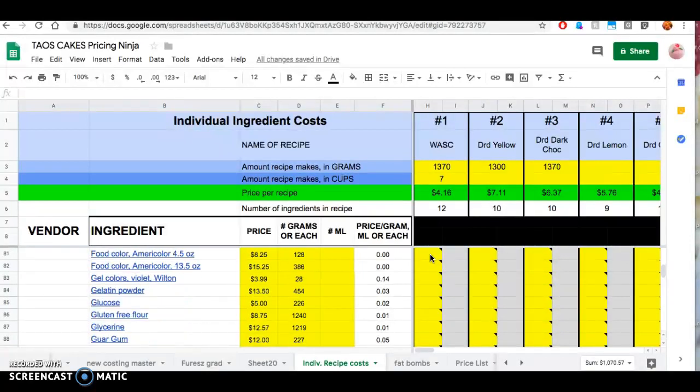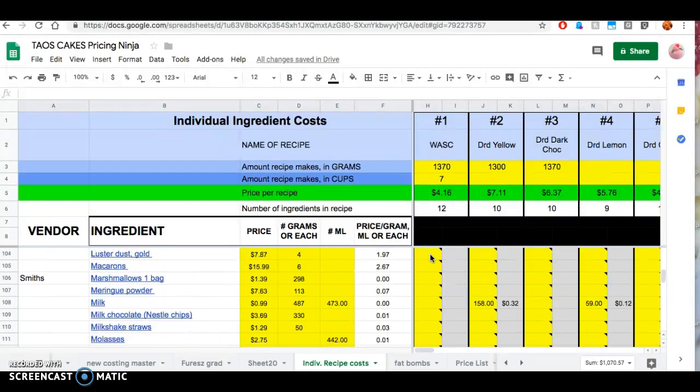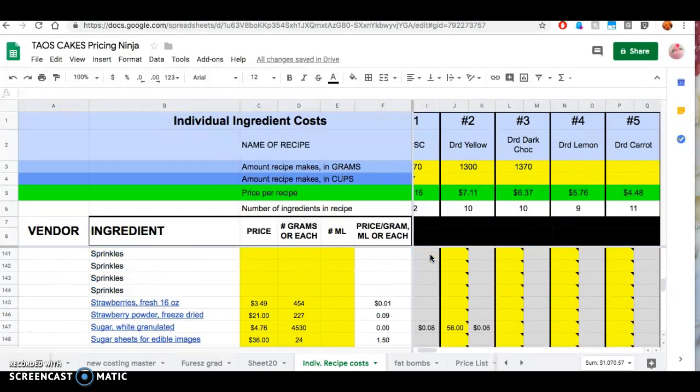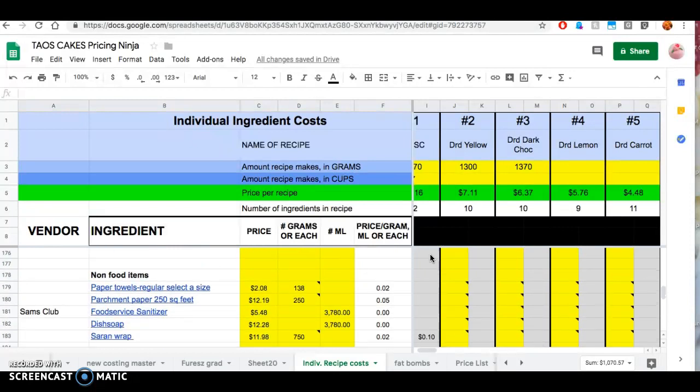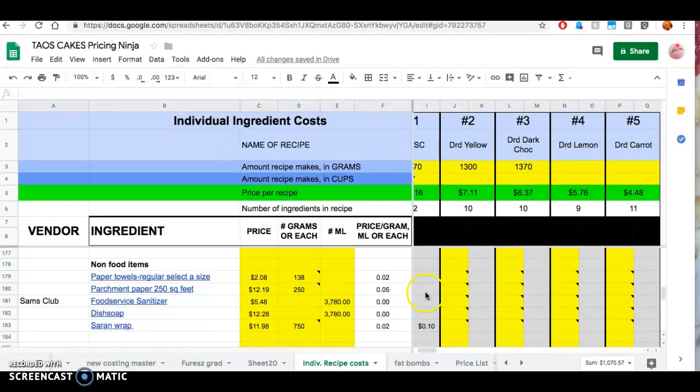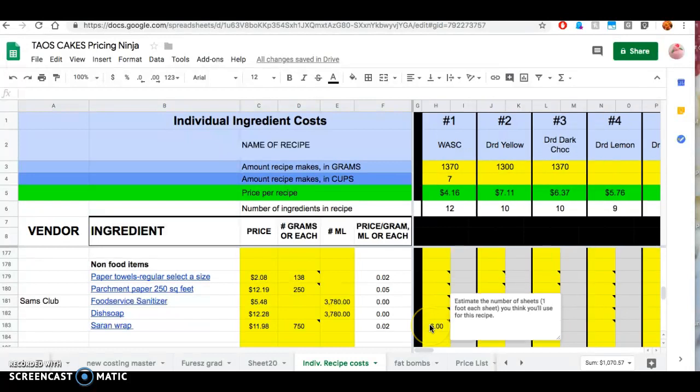Then, as we're using things that are not related to food, you probably want to include that as a cost because most cakes, for me at least, I use parchment paper to line each and every one of my pans. I use saran wrap if I'm going to be saving it for the next day or freezing it. So this will tell you how to calculate saran wrap, dish soap, sanitizer, parchment paper, paper towels per cake or